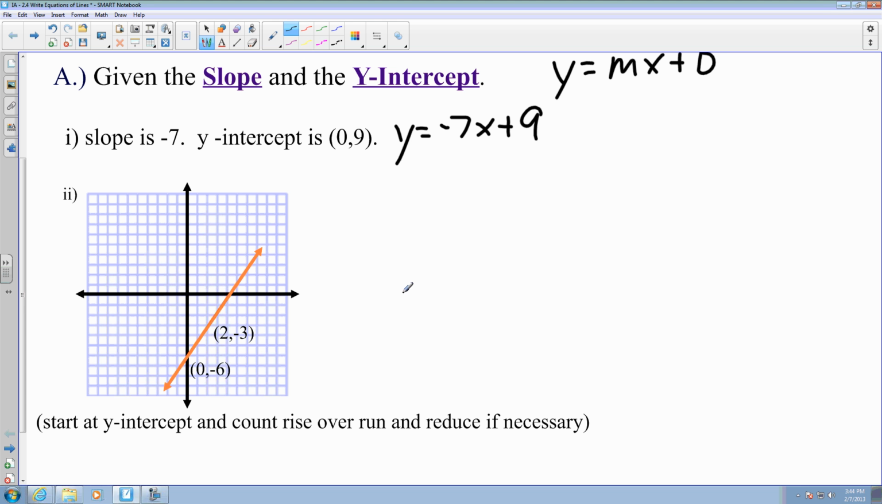So for number 2, if you get a graph, what they've done here is they've given me the point of my y-intercept, and they've also given me a point on the graph, which is (2, -3). Now, if you're given the graph, you could just count the rise over run, or you could use the slope equation, y2 minus y1 over x2 minus x1. So if I pretend that this is x1 and y1, and this is x2 and y2, I can find myself doing it that way. So if I say that this is -6 minus -3 divided by